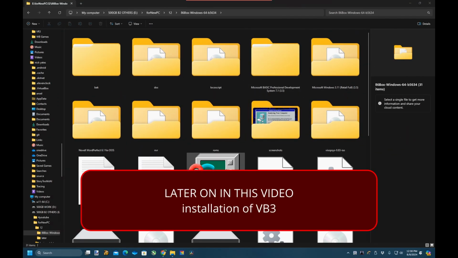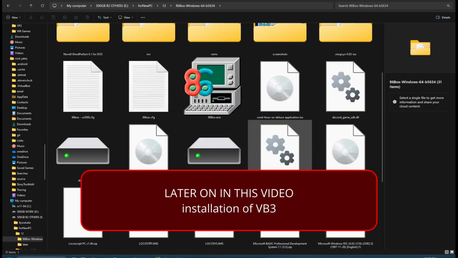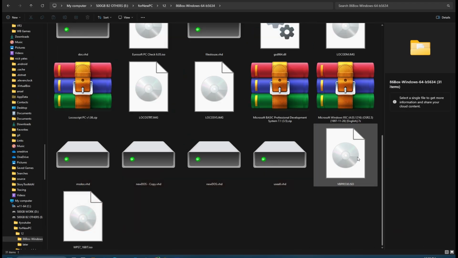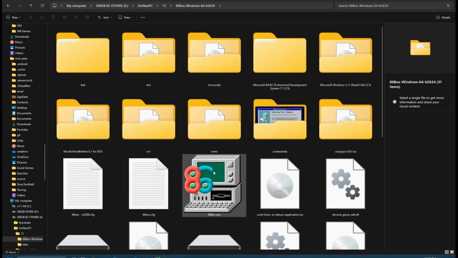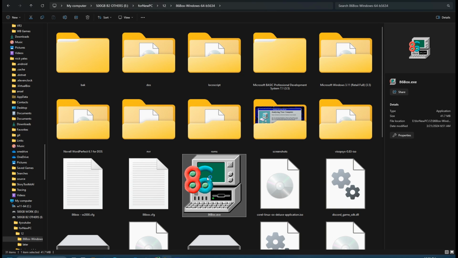Installing VB3, is it? Visual Basic Pro 3. It must be Visual Basic Pro 3. Actually, the third version wasn't as good as the fourth, but we're going to install it anyway. Just a bit of a nostalgic thing, and I'll show you what I've been doing regarding. I think I went down the wrong route of the software that I'm writing